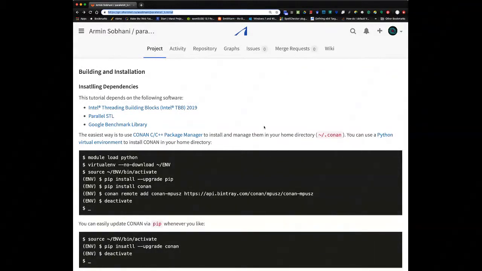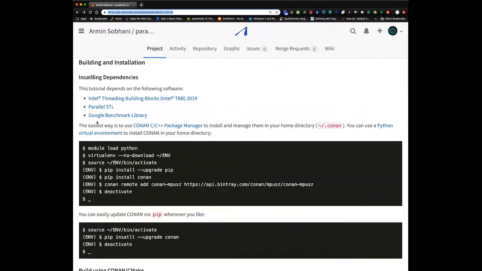For installing Intel Parallel STL, there are some dependencies, as I said. You need Intel Threading Building Blocks 2019 version, Parallel STL, and for these benchmarks, I also used the Google Benchmark library. Intel Threading Building Blocks actually exists as a module on the Compute Canada systems, both Graham and Cedar, but we try to use the Conan C and C++ package manager to install all these dependencies in your local